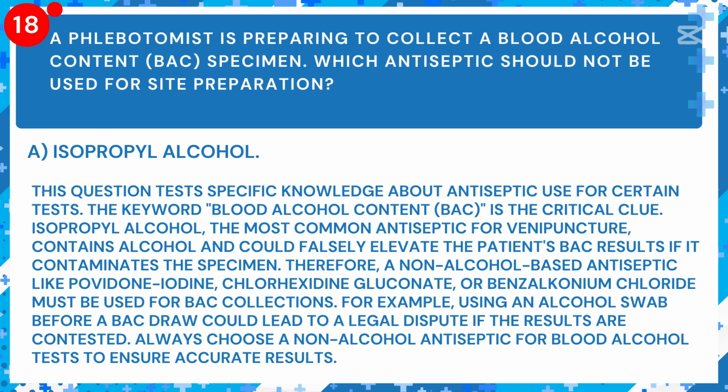Answer: A. Isopropyl alcohol. Explanation: this question tests specific knowledge about antiseptic use for certain tests. The keyword blood alcohol content, BAC, is the critical clue. Isopropyl alcohol, the most common antiseptic for venipuncture, contains alcohol and could falsely elevate the patient's BAC results if it contaminates the specimen. Therefore, a non-alcohol-based antiseptic like povidone iodine, chlorhexidine gluconate, or benzalkonium chloride must be used for BAC